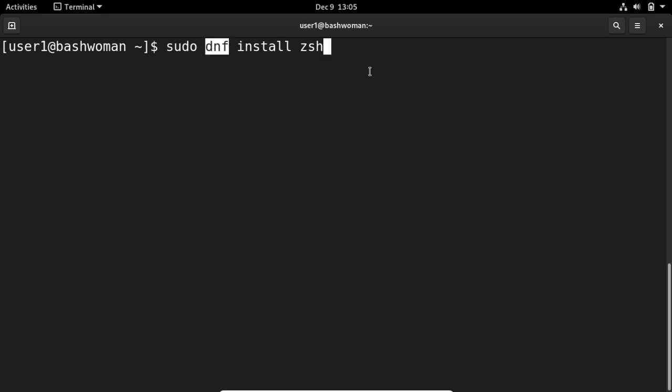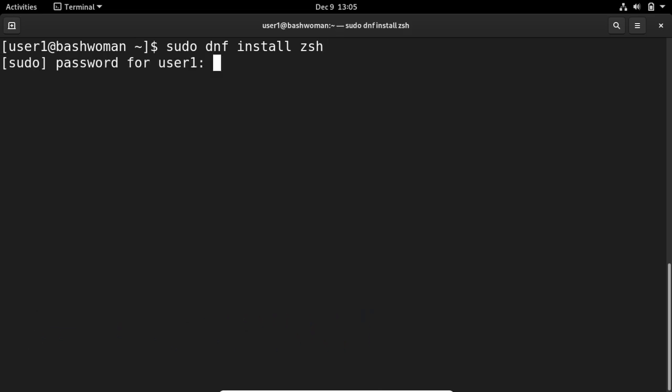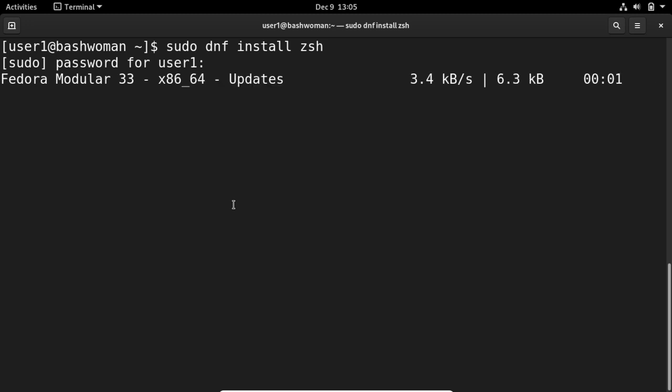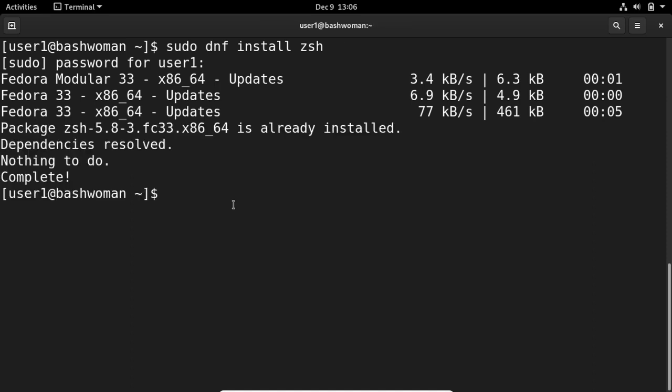DNF is the package manager in Fedora, and if you are on Ubuntu or any other Debian based Linux distribution, then you can use apt-get or whatever package manager you are using in your Linux distribution to install the ZSH shell. We need to give the password of the user, and it will now download and install ZSH. Okay, so the package was already installed.